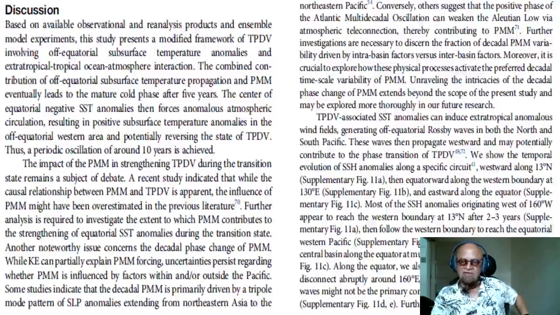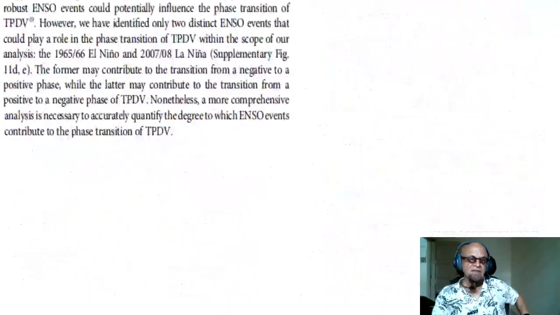Furthermore, a recent study postulated that the robust ENSO events could potentially influence the phase transition of the TPDV. So it's not just about intra-basin, but also in the tropics itself. However, we have identified only two distinct ENSO events that could play a role in the phase transition of TPDV within the scope of our analysis: the 1965-66 El Nino and the